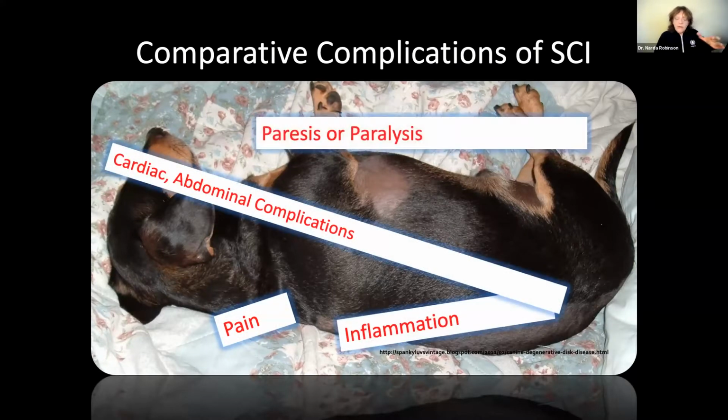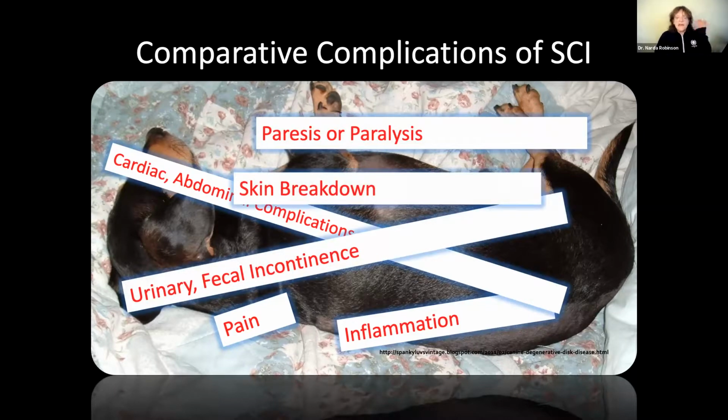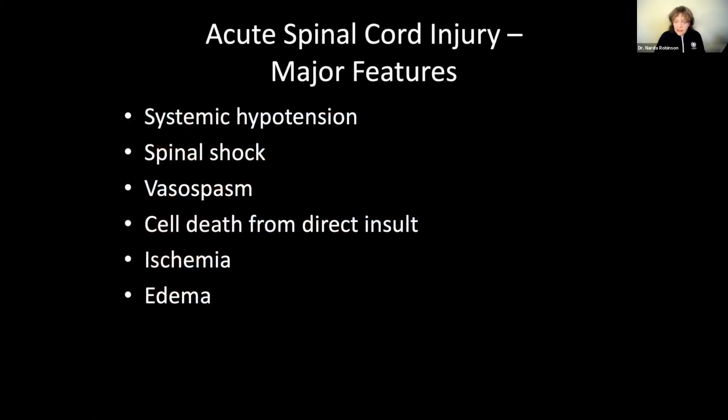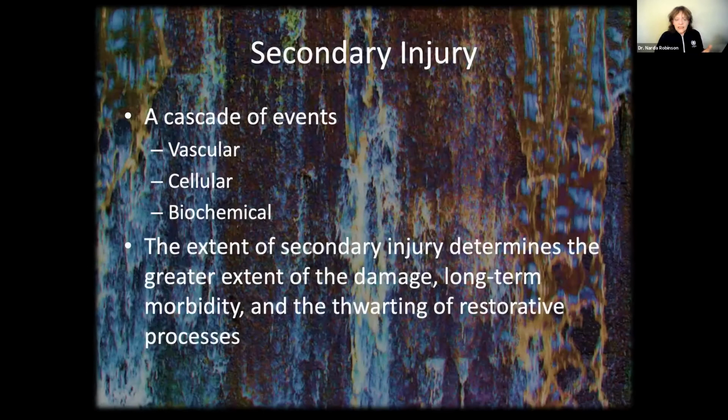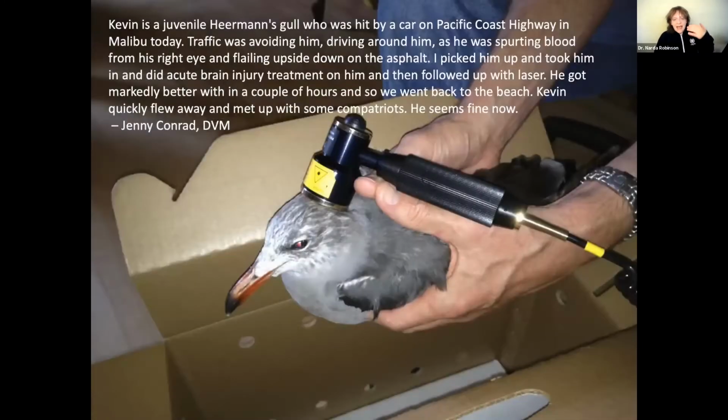So why isn't this standard of care, not only for the pain and neurological problem and the inflammation, but for all the other concomitant problems that spinal cord injury brings, that laser therapy, LED therapy, in accompaniment with medical acupuncture related techniques can address, especially the secondary injury phase from spinal cord injury, where you've got a cascade of vascular, cellular, biochemical ailments that produce the long-term morbidity that photobiomodulation and acupuncture is really targeted for. And so that combination is just wonderful.